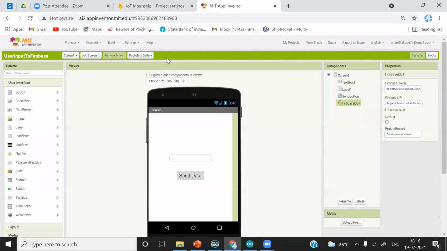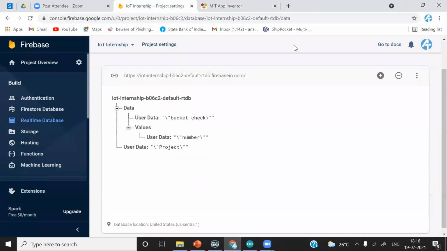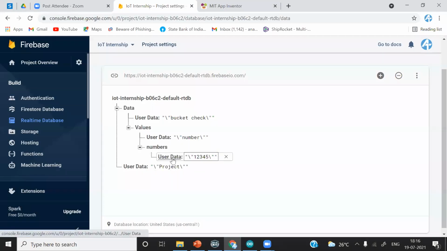It will create another branch, and I will update the data again, number as 1 2 3 4 5. You can see that under data we have created values, under values we have created numbers, and under numbers we have put this user data.